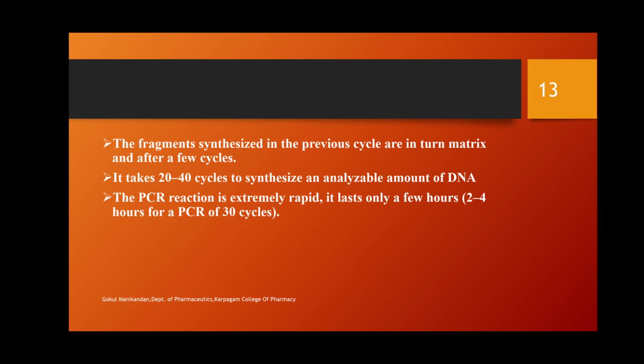Basically, the products of the first reaction are used as a substrate for the next one. So now, when we cool down the temperature for annealing, we get 4 single-stranded DNAs. The Taq polymerase comes in for extension again. The substrates for the enzyme are also double-stranded. So from the second cycle of the PCR, we'll be able to get 8 new strands of DNA.